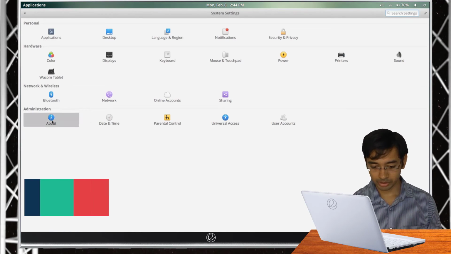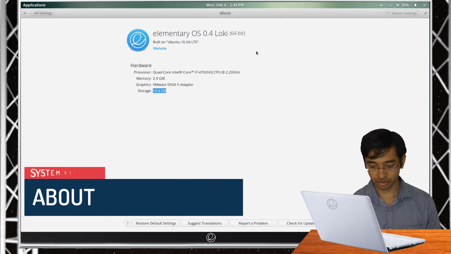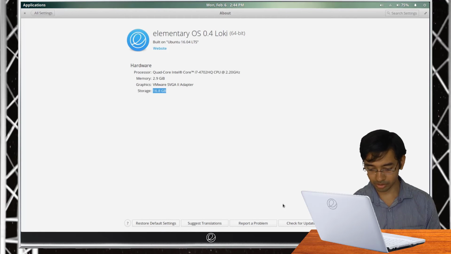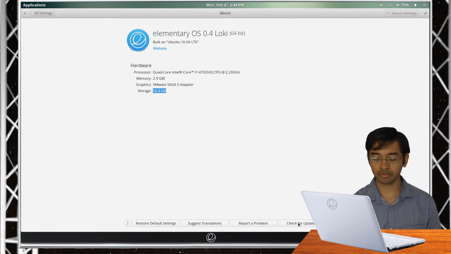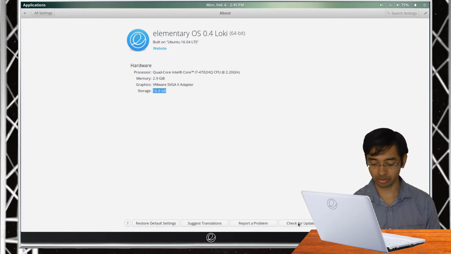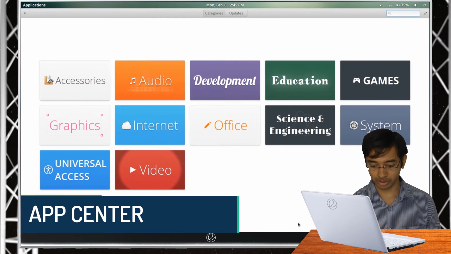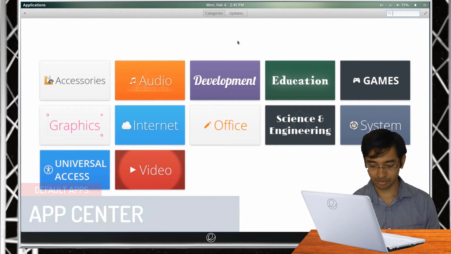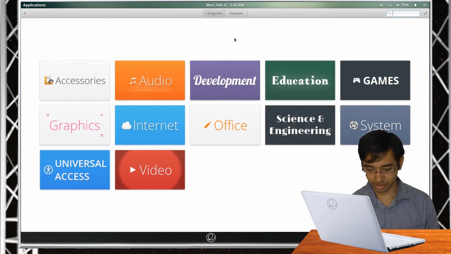The About section states the current version of your operating system, and at the bottom there is an option to check for updates. By default, updates are checked automatically, but if you want to manually trigger an update check, then you can trigger it from here. When you click it, the new revamped App Store opens up. This App Store is quite simple and very beautiful looking, and